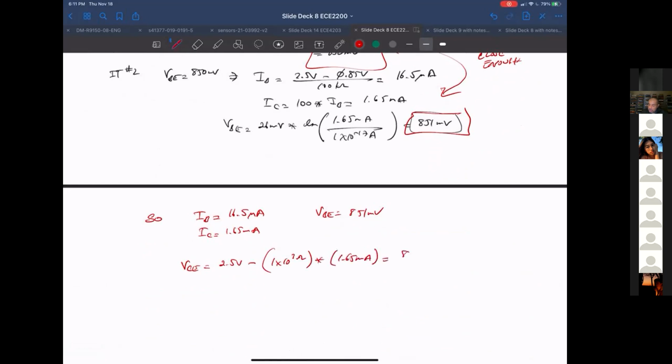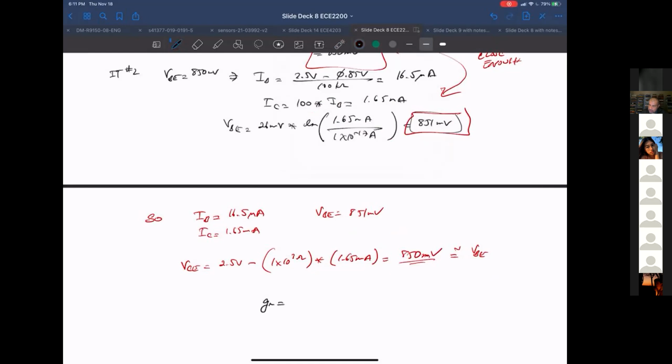So this gives us 850 millivolts. Okay, so VCE is roughly equal to VBE, so we're still in forward active. So everything looks good. And then we can calculate our G sub M,